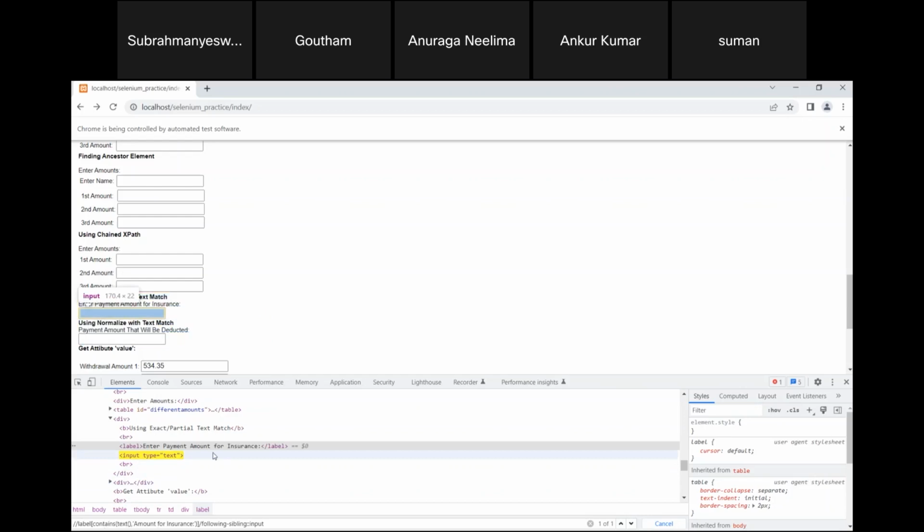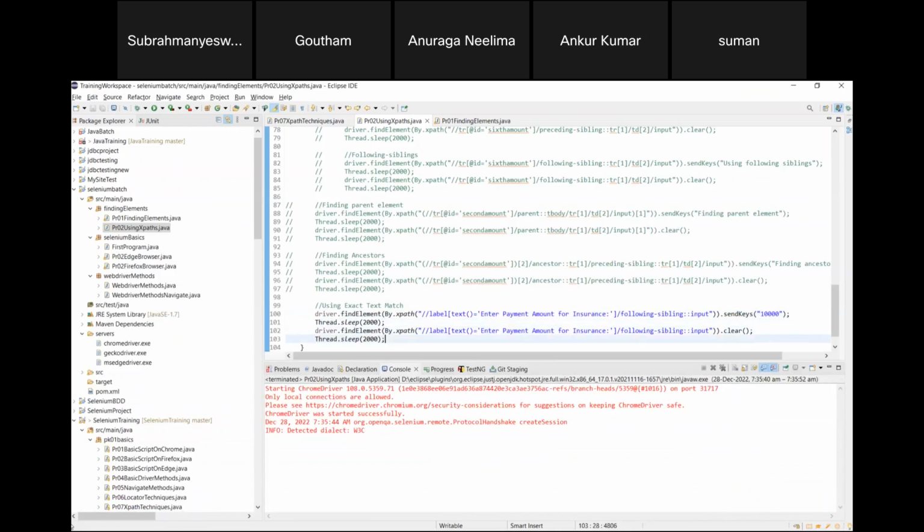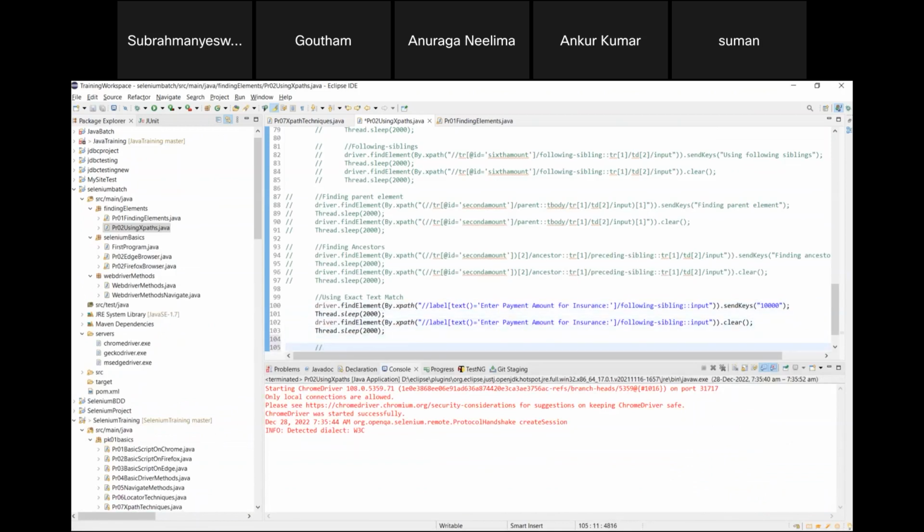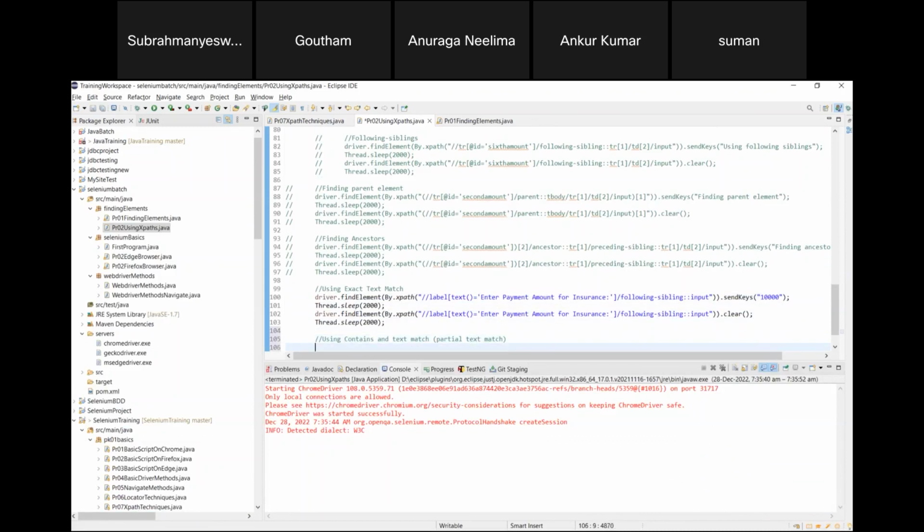So this is with partial text match, that means using contains and text match. So if I use this one,